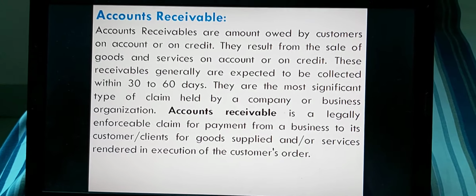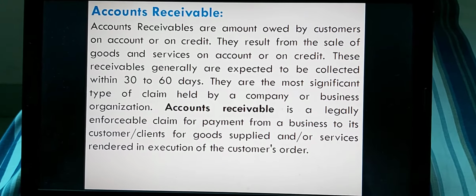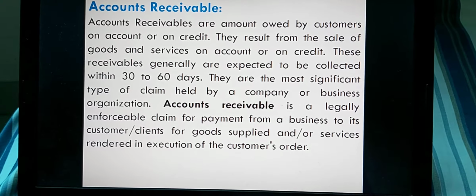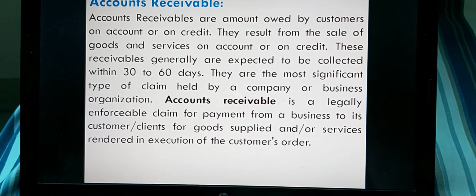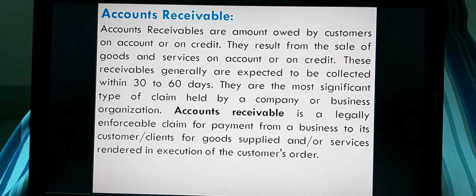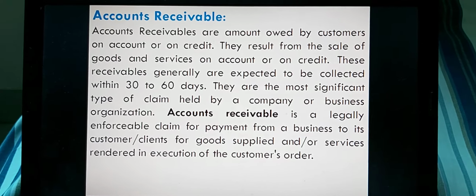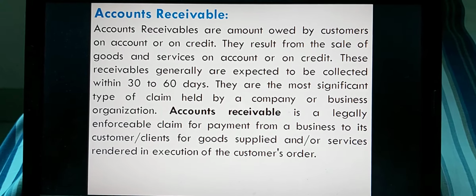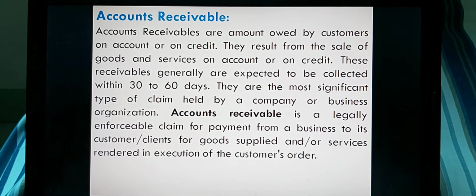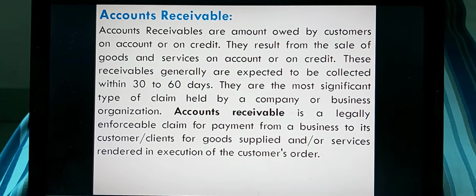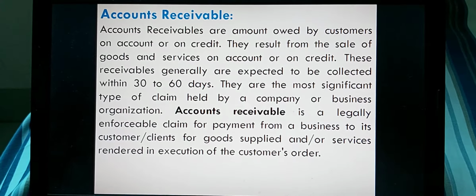Sale of receivables. A common sale of receivables is a sale to a factor. A factor is a finance company or bank that buys receivables from businesses and then collects the payments directly from the customers. Factoring is a multi-billion dollar business.